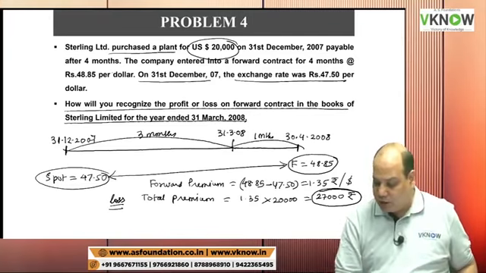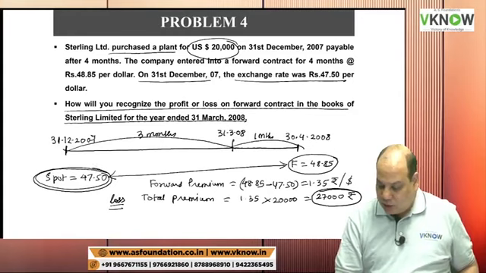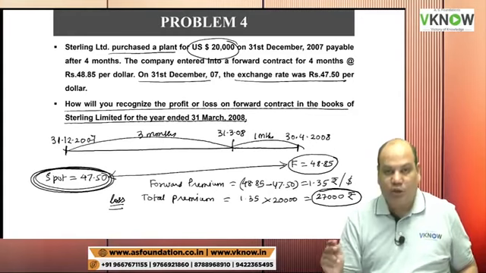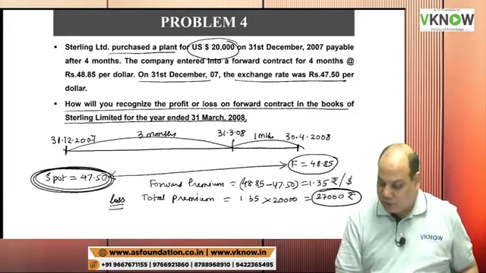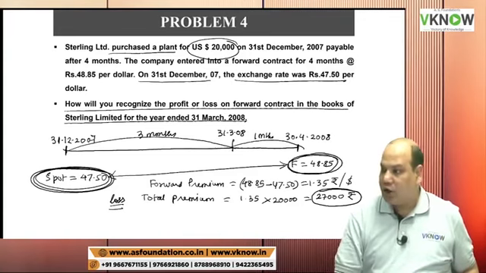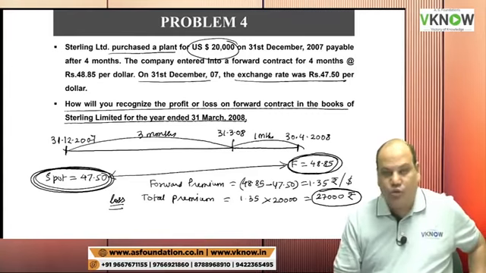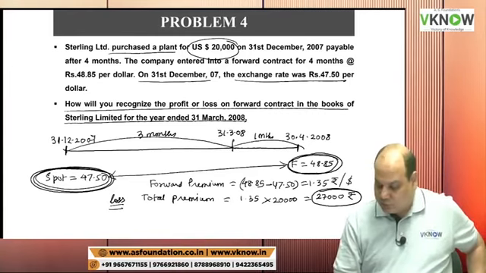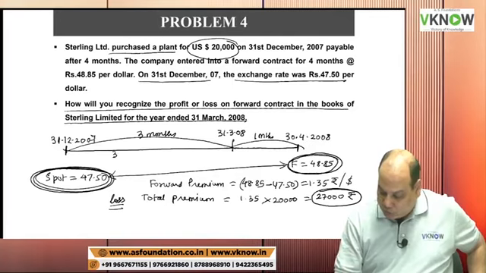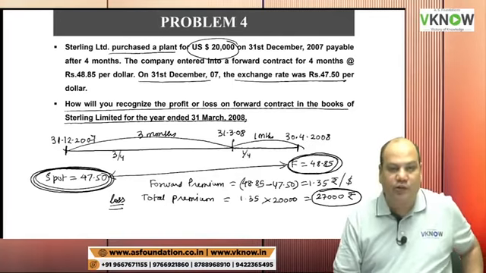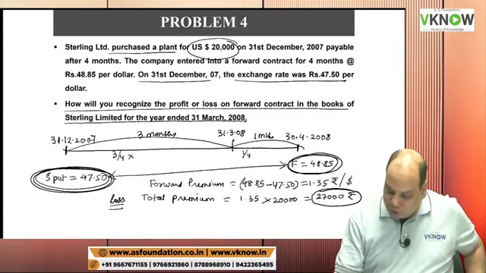Today, had you made the payment today, you would have paid 47.50, but actually you are going to pay after 4 months, and after 4 months you will pay at the rate of 48.85. So total loss 27,000 will be apportioned in the ratio of 3 is to 1 in our example. So 3 by 4 into 27,000,